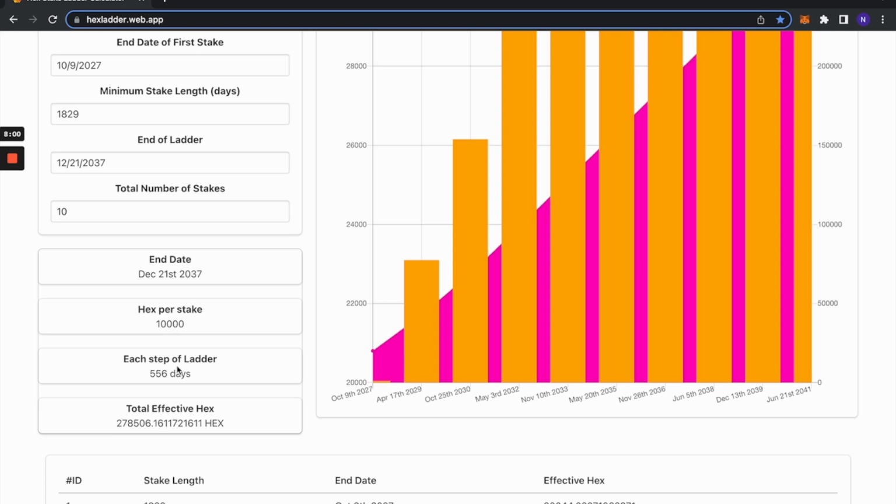It's totally up to you guys. I encourage you to go ahead, hexladder.web.app, and play with it for yourself. So now it's going to show you an estimated total effective hex based on your ladder. And this is a total estimation, okay? Nobody actually knows what exactly you're going to get. So estimated is